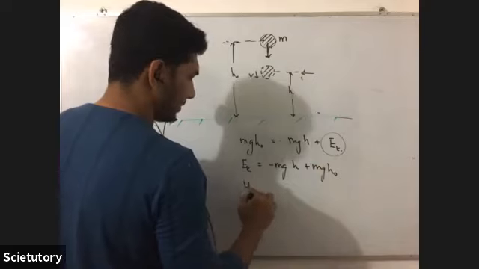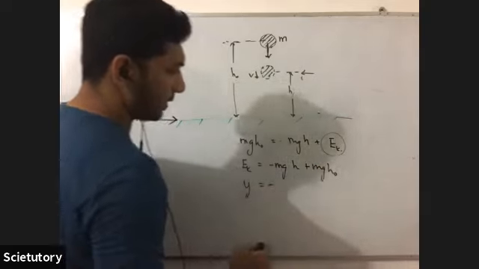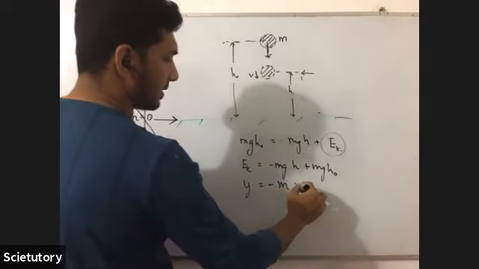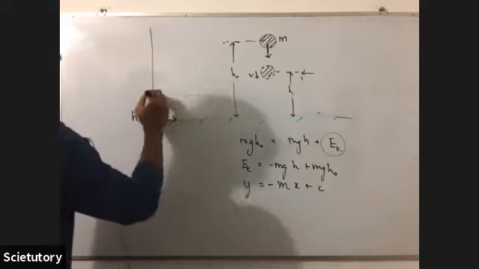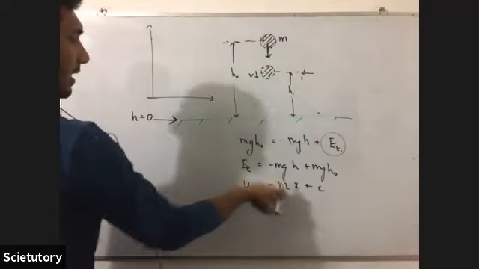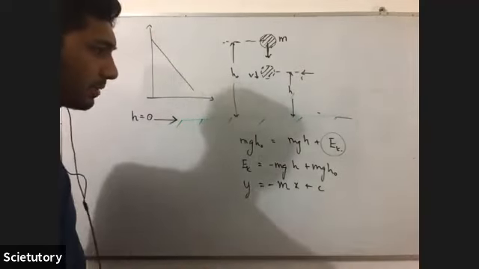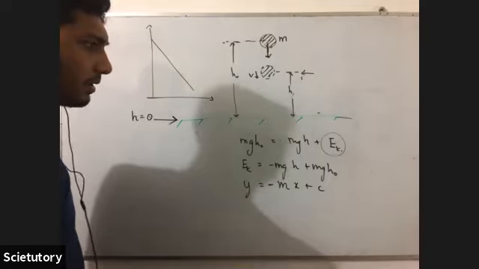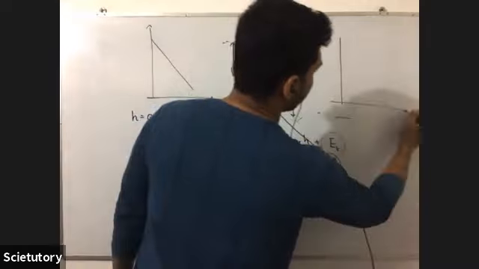So what is the equation for the graph? y is equal to minus mx plus c. So what is the shape of the graph? With positive intercept and a negative gradient. A linear graph like this. Okay. So what could be the answer if they ask the graph